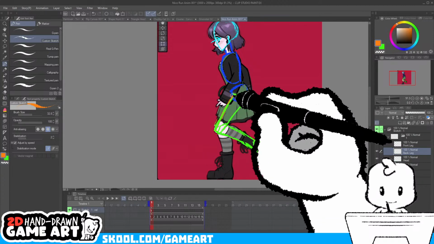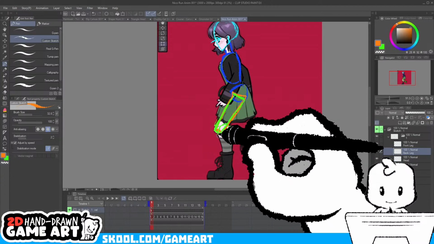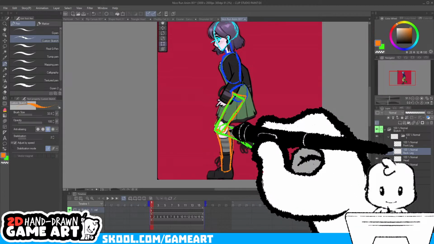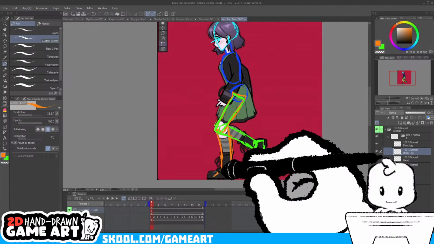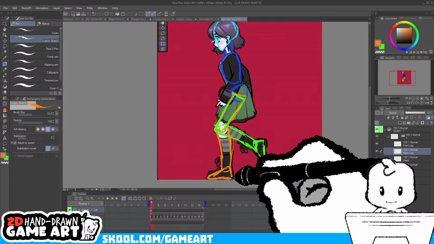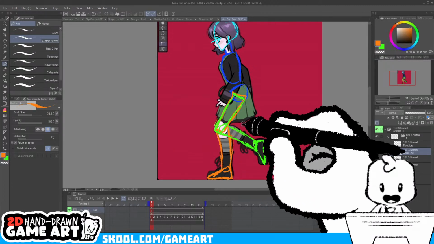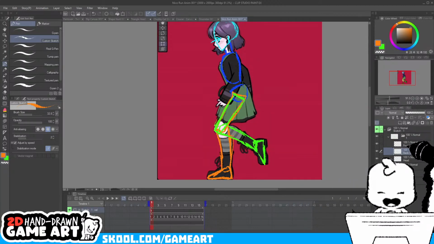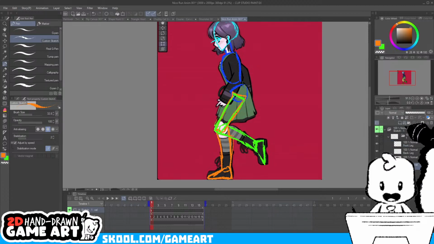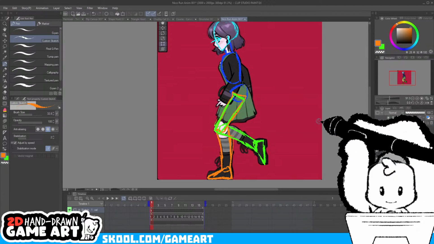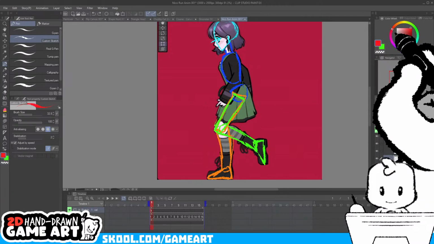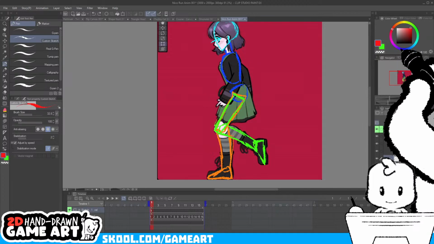I want to make sure it connects back to the hip. I'm more concerned with the legs than I am with the arms. So we're still going to do it, we're just going to add in the arms. I'm not too concerned.